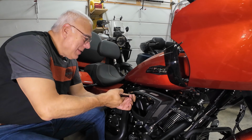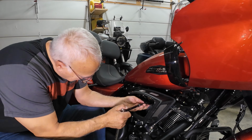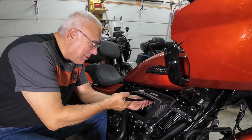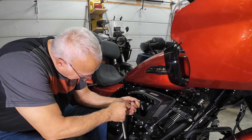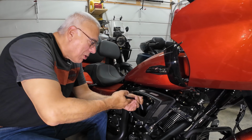And I think Harley accessories are fantastic. I really do. I think they've done a great job with their accessories. Most are very easy to put on, and I've installed a lot of accessories, especially off-road,